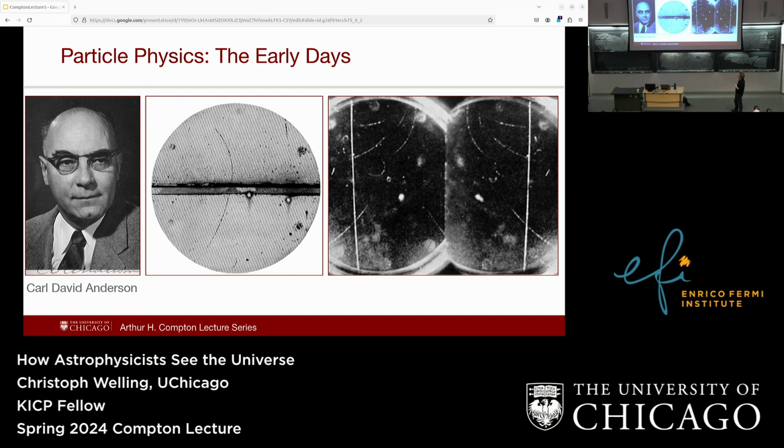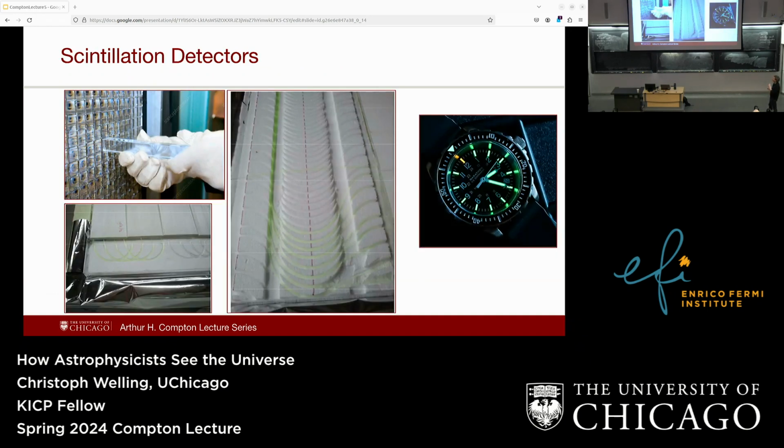The problem with these kinds of detectors is that you have to have someone watch them with their own eyes, or you can take a picture, but you're not really getting an electric signal or anything. If you want to build a detector, you want something that you can just leave running and it will trigger itself. So for that, today there are different techniques. One that's really popular is something called scintillation.